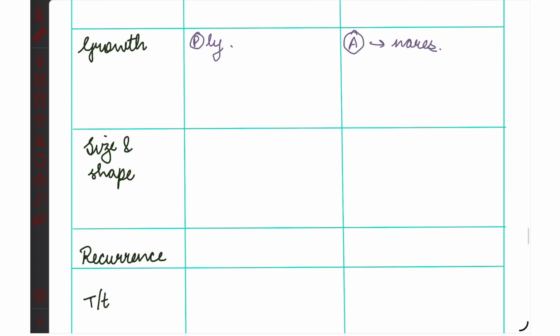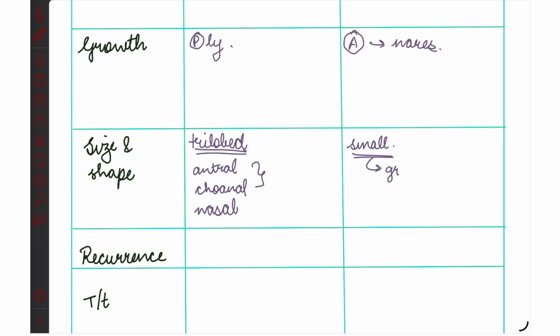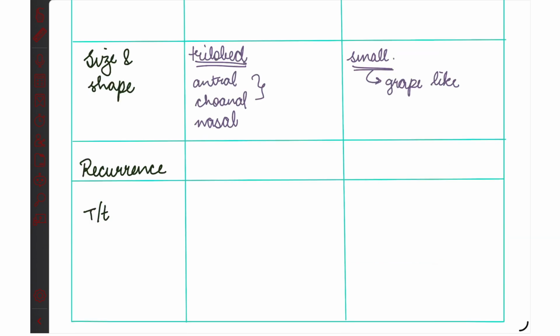Looking at the size, the ethmoidal polyps are small, whereas antrochoanal polyps are relatively larger. Antrochoanal polyps are also trilobed. They have three parts. As from the name you can make out antral, choanal, that makes it an antrochoanal polyp, and nasal. Also, the ethmoidal polyps are small, they appear grape-like as a bunch. The antrochoanal polyps rarely recur when they are removed completely, and when they recur, we can use